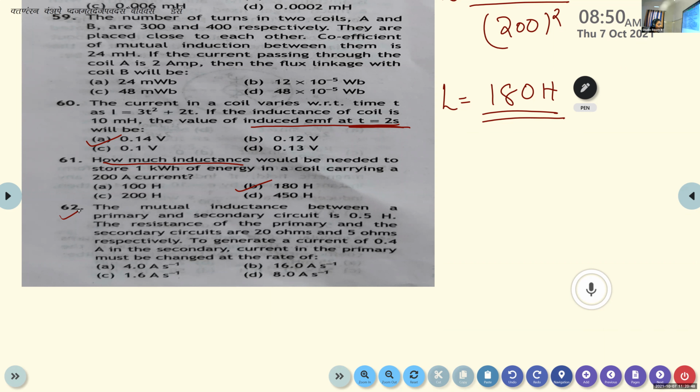Here the mutual inductance is given, it is 0.5 Henry. The resistance of the primary and the secondary circuits are given as 20 ohms and 5 ohms respectively. So in order to generate a current of 0.4 ampere in the secondary, current in the primary must be changed at the rate of